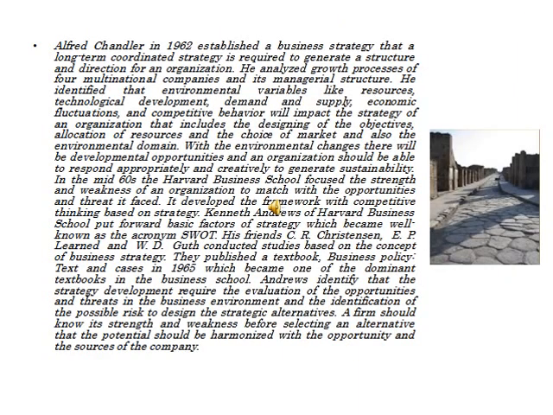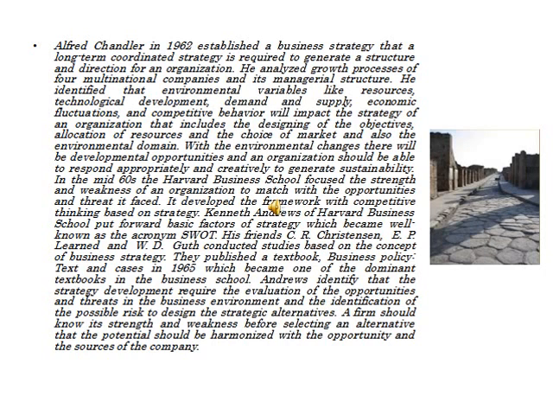Alfred Chandler in 1962 established a business strategy that a long-term coordinated strategy is required to generate a structure and direction for an organization. He analyzed growth processes of four multinational companies and its managerial structure. He identified that environmental variables like resources, technological development, demand and supply, economic fluctuations, and competitive behavior will impact the